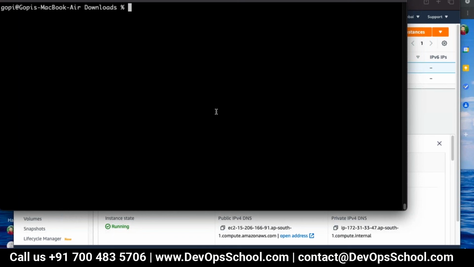Now I'm going to SSH into the server from my local with ssh -i Ansible.pem, and by default when you launch the Ubuntu server, you will get the ubuntu user on the server. So I will say ubuntu at this IP address. I will launch that server, and it will ask me the